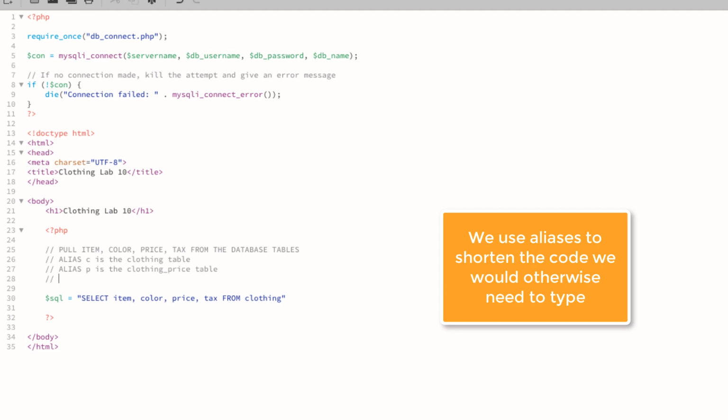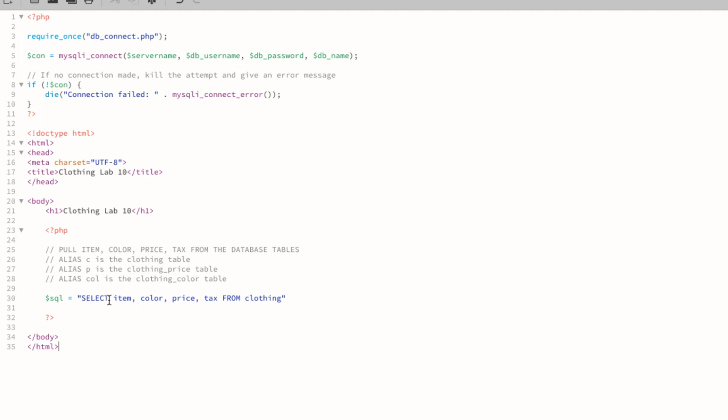And because I usually like to use 1, 2, maybe 3 letters, and I've already used the C for clothing, I'm going to use COL for color is the clothing color table. So that's our key. Now we need to go in and apply these aliases. The first thing we need to do is designate that this C is indeed for the clothing table. And we do that by going to the end of this line and after clothing, typing in the words AS